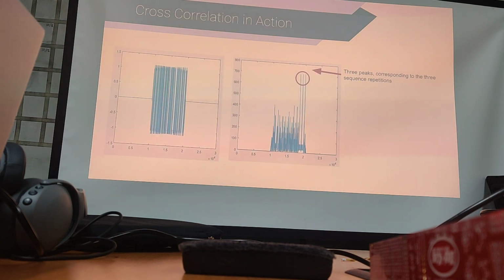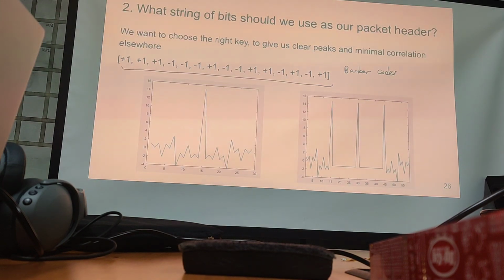And then this is another thing we'll see with cross correlation. Oh, that's 3 sequence repetitions. Yeah, see, there's not quite sequence repetitions. But anyway,